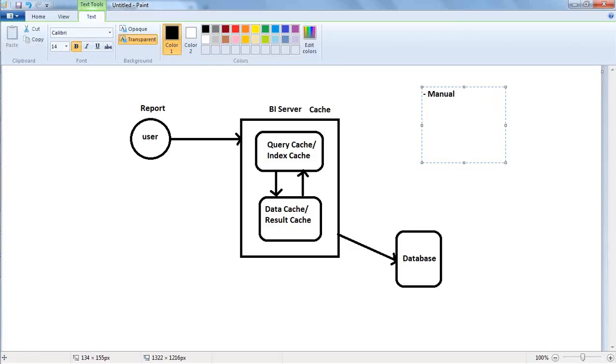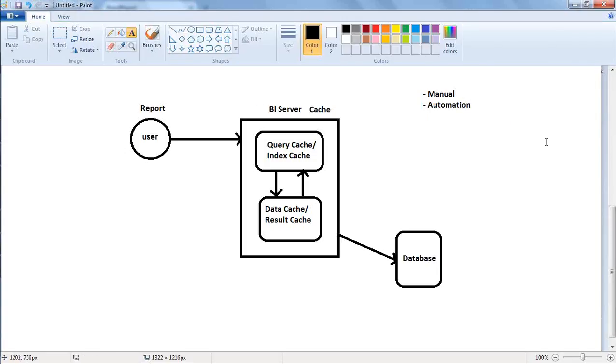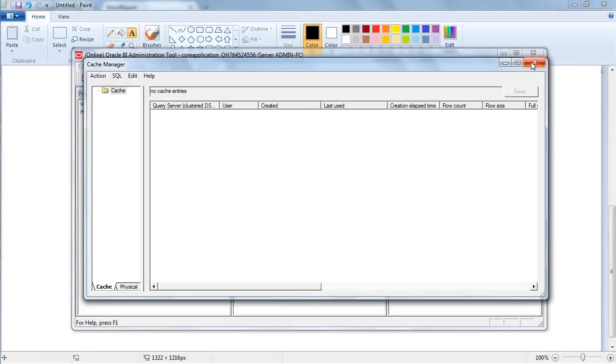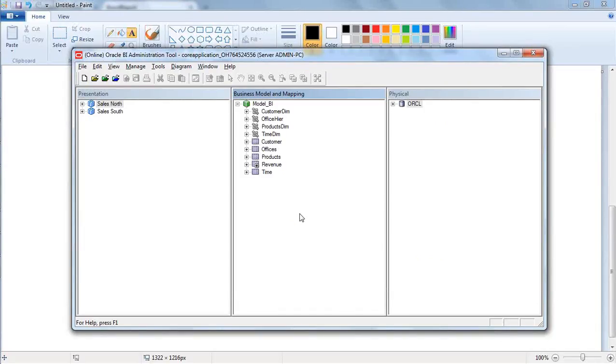So there is something called automation. Okay, so what is an automated way of maintaining the cache? Because rather than me being physically available and deleting the cache, suppose I have set the cache and my new data comes in the midnight, assuming obviously, right? So usually data loads happen over the midnight. So now say I have loaded the new data at 12 a.m. in the morning, and now